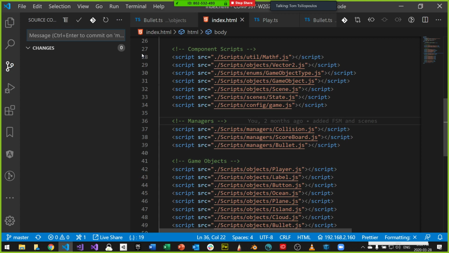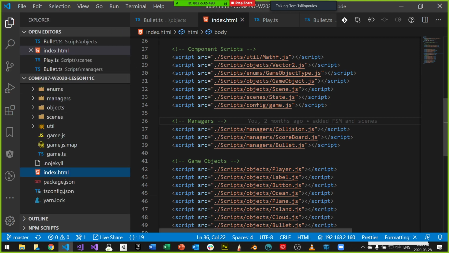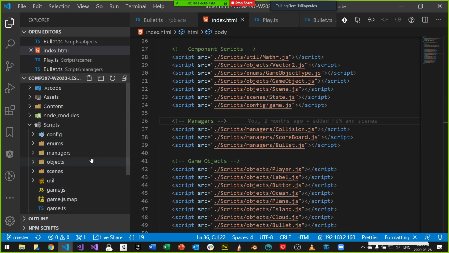Time-wise, I think we're doing A-okay. So now that we've pushed this up on GitHub, you should have my code for troubleshooting purposes. And this is where we're going to have some challenges, right?